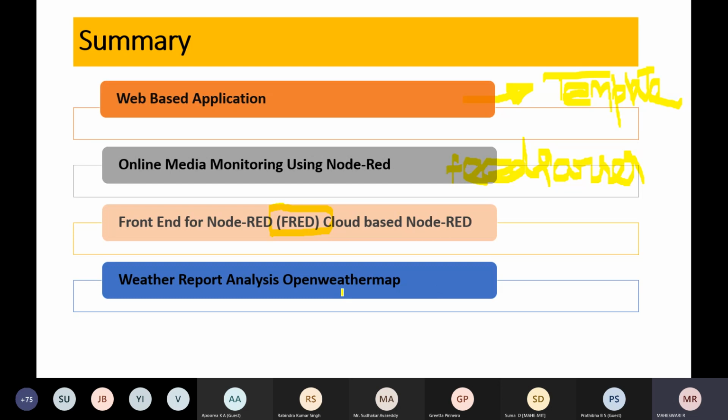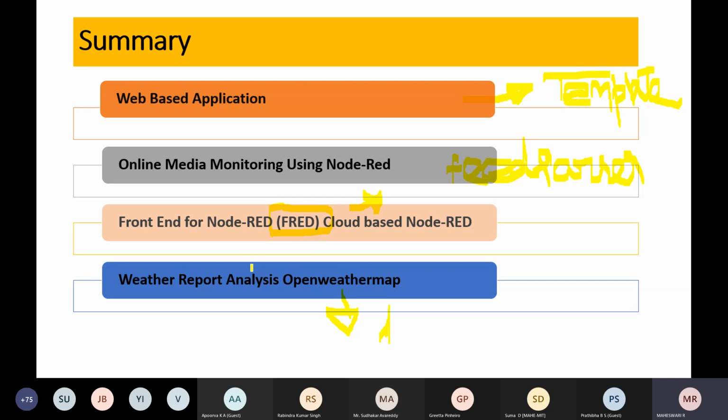And finally, we land on this open weather analysis. In the open weather analysis, you're supposed to create a login and create this API key. It's very important. Your API is very essential for this application. Whereas in FRED we also have an API key, but it is optional for private endpoints. If you want to make a private endpoint, you can use this FRED API key. If it is going to be public, then the API key is not mandatory. It is optional in FRED.